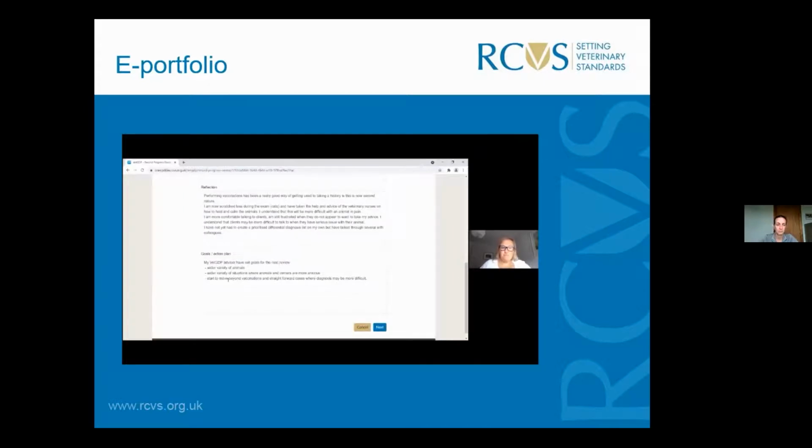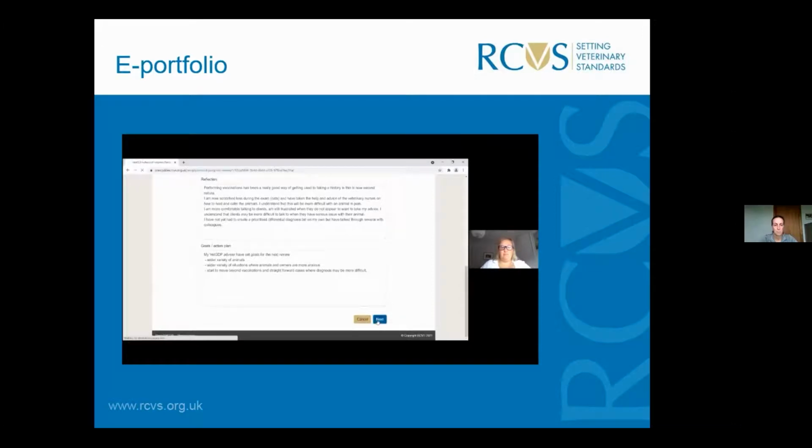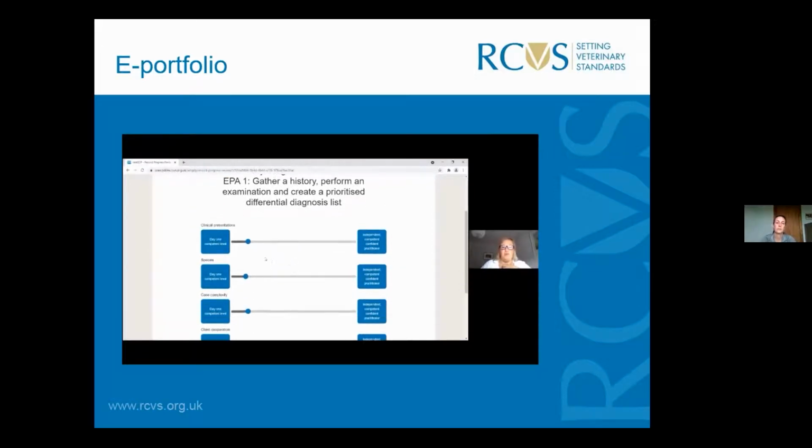So your advisor will have put down goals and an action plan with you. So this is what you would add into this section. So I've just probably put see a wider variety of animals, see a wider variety of situations, and start to move beyond vaccinations. The next page, you should also have discussed with your VetGDP advisor before you set your own